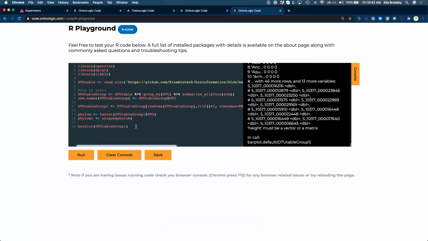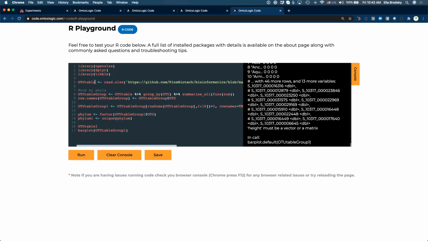So here, what we need to do is make sure that before we run this, we need to convert it to a table. So we're going to use OTU table 1. Oh, hold on a second. No, we need to make sure that we have named all of our, yeah, so we can make a matrix for this, or we can make a table, first of all, for our OTU table, right?